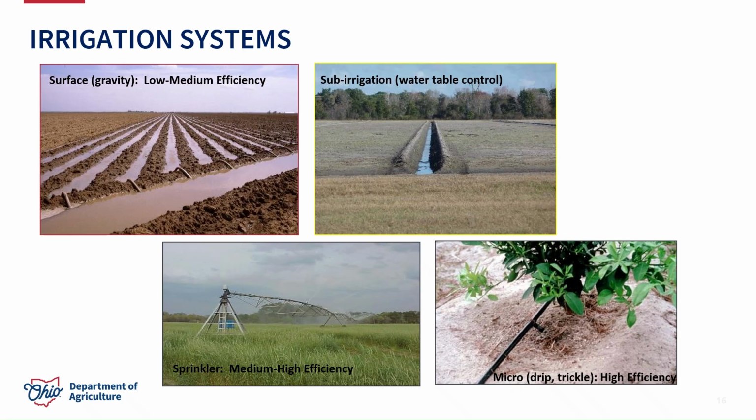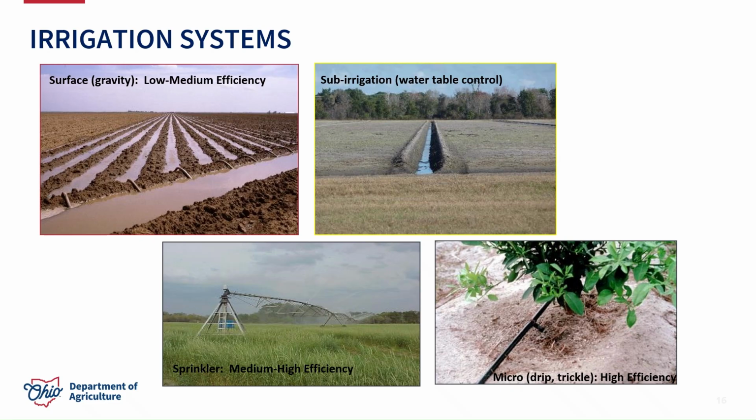That usually has pretty low to medium efficiency. You're not going to have great emission uniformity with that system. On the top right, we may have sub-irrigation where we have a drainage water control system. We're controlling that water table in that field and lowering and raising it accordingly to get that water up into